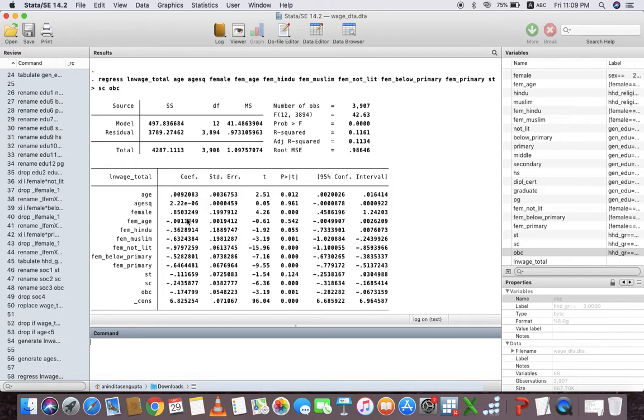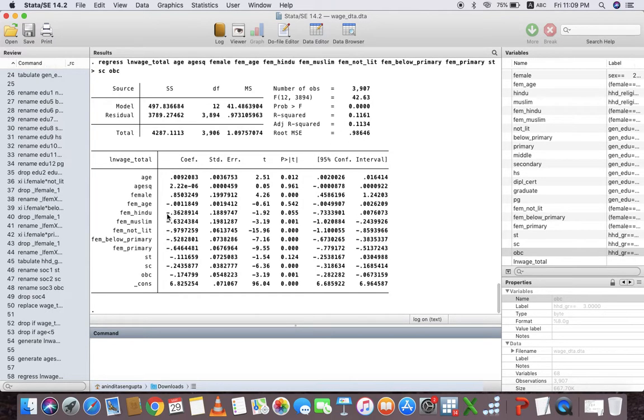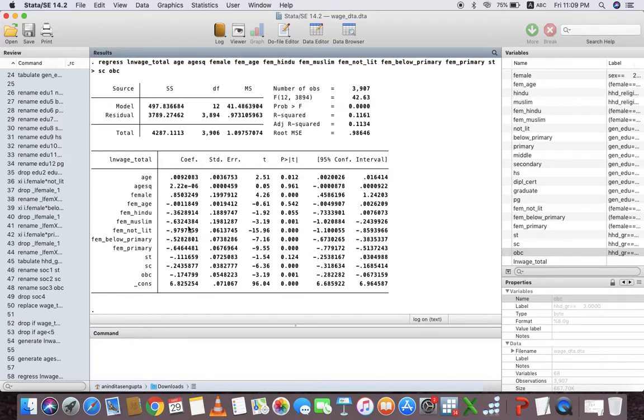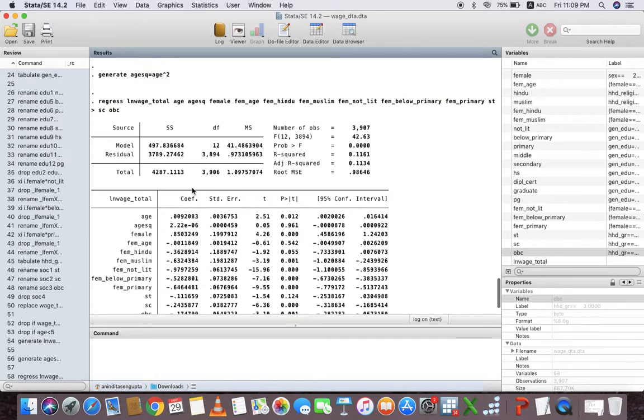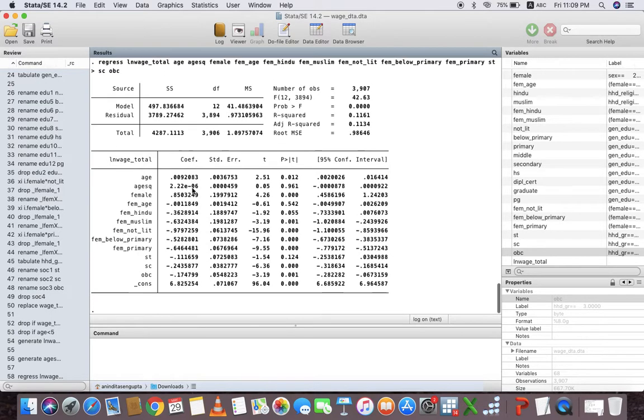Now this result will change when we incorporate all the variables in the regression equation, then the results will be the same as given in the PowerPoint slide. The basic purpose of this regression is just to show how you can use the dummy variables in addition to the quantitative variables like age in your regression equation, and here we have shown.